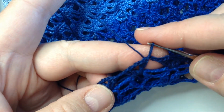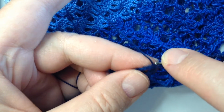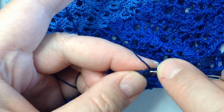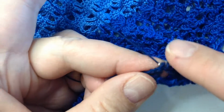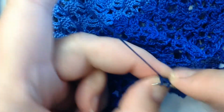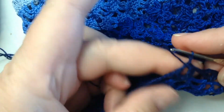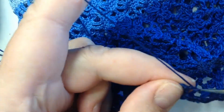That completes that. Now you want to be in the middle of this, but we don't want a lot of bulk, so we're going to do a slip stitch, kind of work our way over there. And that last one, I'm just going to do a single crochet. And there I am. Now we chain 3